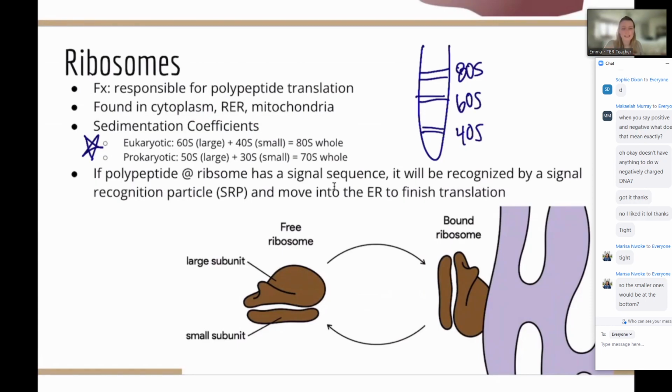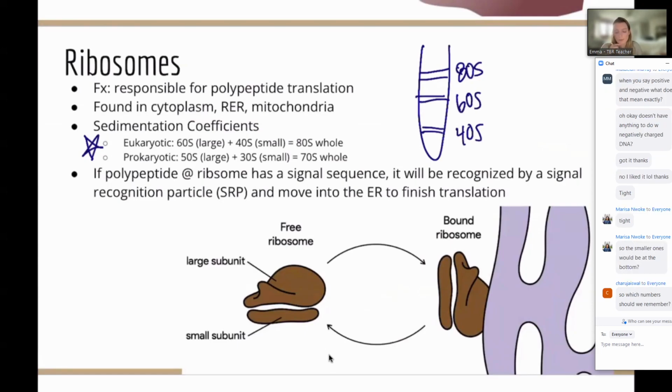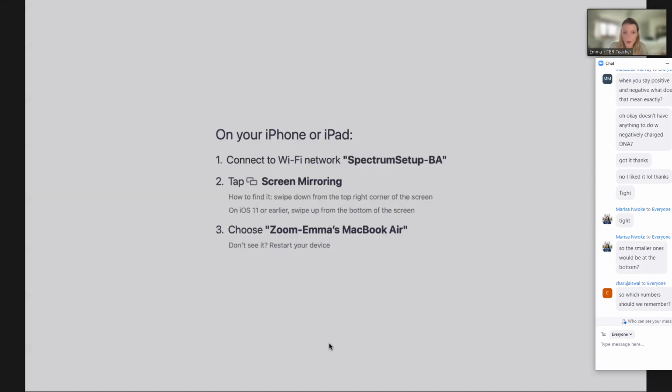Even though the big is 60 and the small is 40, together they are 80. It's kind of like when they interact, they almost in a way lose part of their quote unquote weight. This is not their weight, but it's just a way of describing where they fall in the sedimentation lines. So don't think about it as weight. Think about it just as where they fall, if they're either just small, large, or the whole. And typically the small subunit is on the bottom. So you should remember 60-40 as the large and small parts.